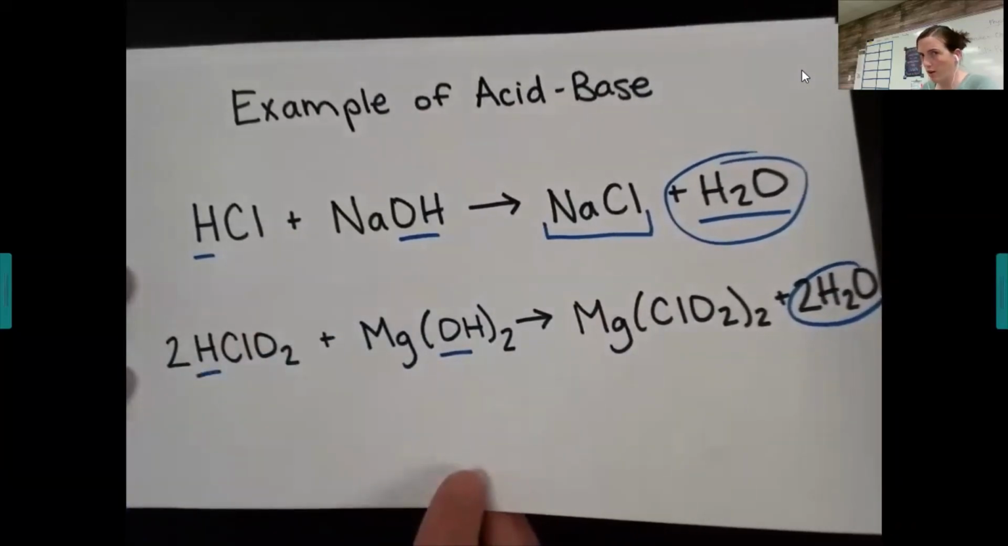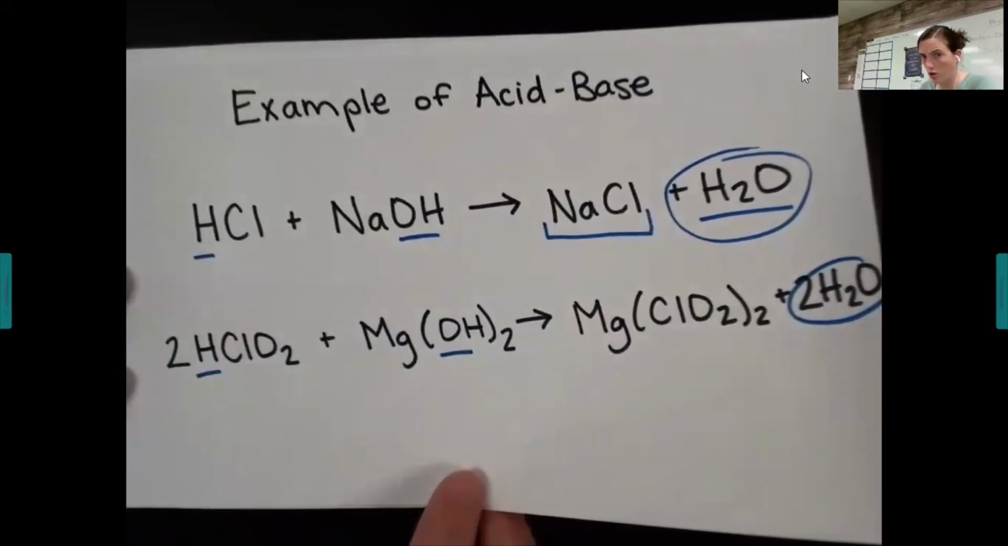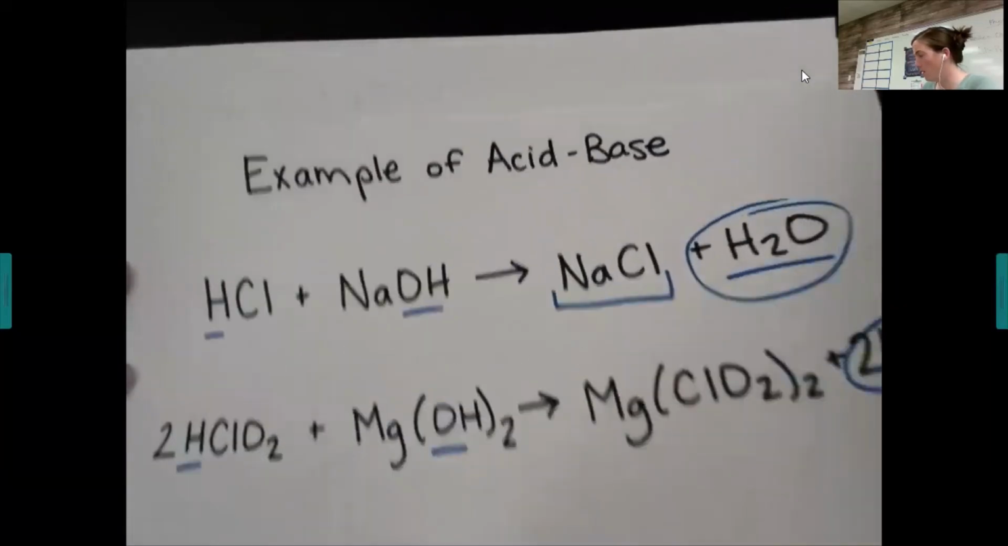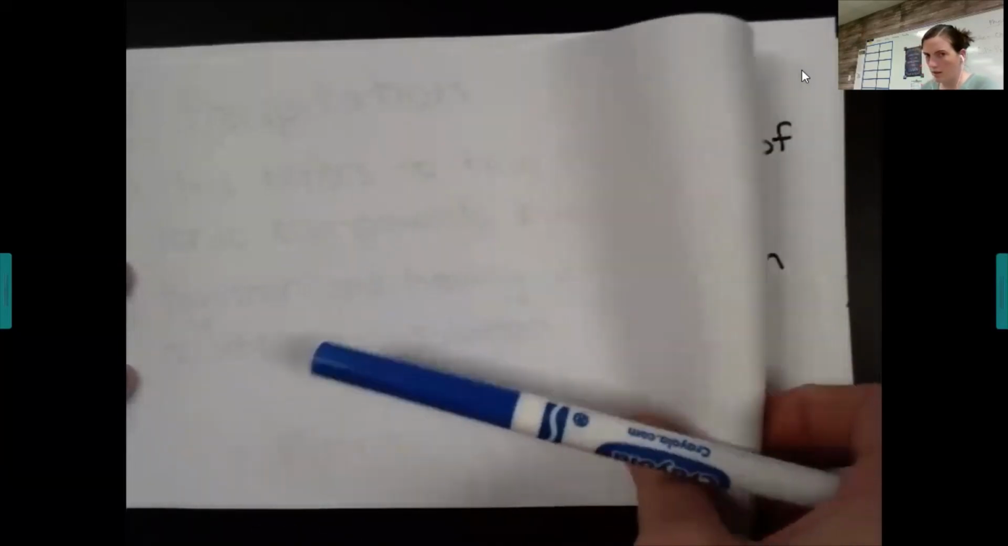If you want to write that down, I suggest doing that, or circle it. H and OH makes H2O, acid base. Okay, so next